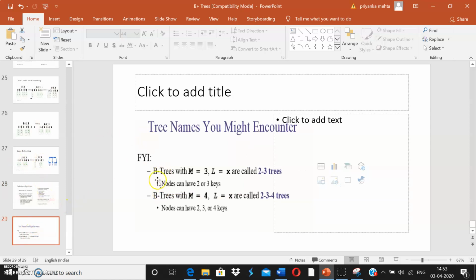So this is just for your information for B tree. We have already discussed that a B tree of order 3 is also known as a 2-3 tree, and a B plus tree of order 4 is also known as a 2-3-4 tree. B tree with this, sorry, this is a B tree with this. That means it is again a B plus tree. That means they are also known as 2-3 trees. B tree with this and this are also known as 2-3-4 trees. So they are having two kinds of nodes. That means one is the index node and the other is the data node.